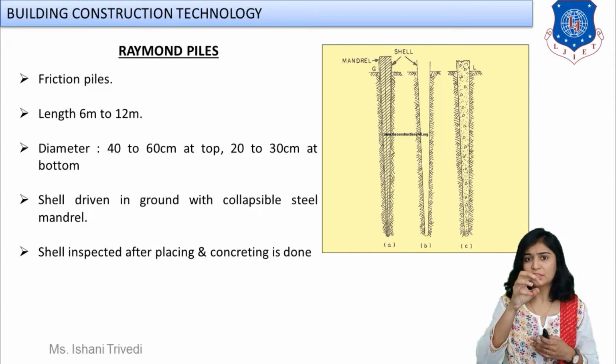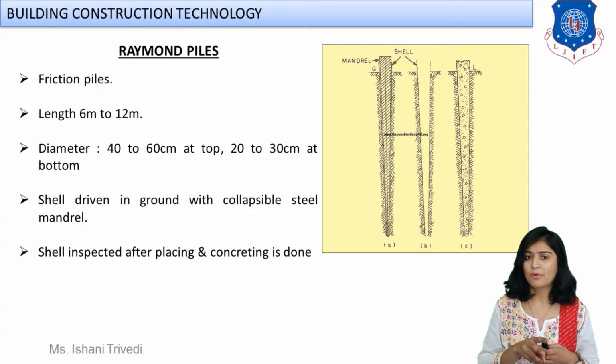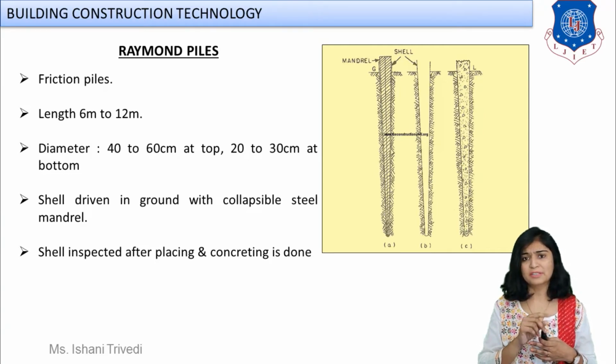The mandrel will go inside the borehole along with the shell, that is the steel tube casing outside. It will be laid into the borehole, and once the shell is detached, the mandrel will be taken back gently and the casing hence will be inserted into the borehole. That becomes your first stage of construction. Move to the second one.